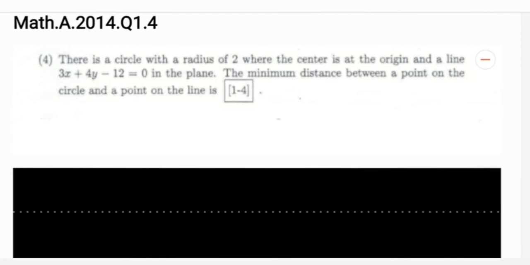There is a circle with a radius of 2 where the center is at the origin and a line 3x plus 4y minus 12 equals 0 in the plane. The minimum distance between a point on the circle and a point on the line is